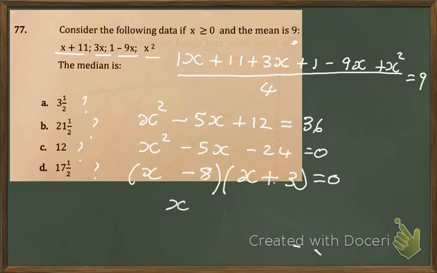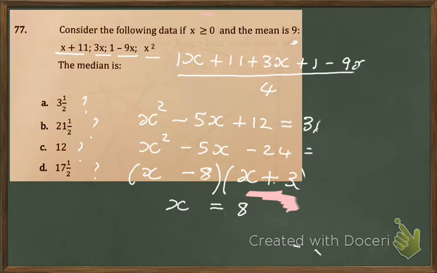And as we solve, the answer would have to be x is equal to 8, simply because if you go back, remember it says right at the beginning, x is greater than or equal to 0. And so therefore, x has to be 8, and we're not even going to consider the x equal to negative 3 part. All right, so now that we have x is equal to 8, we can go back and substitute